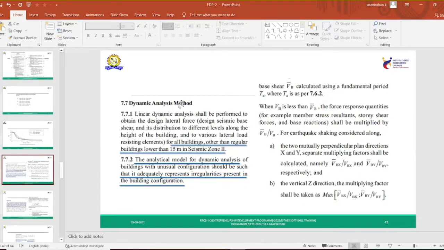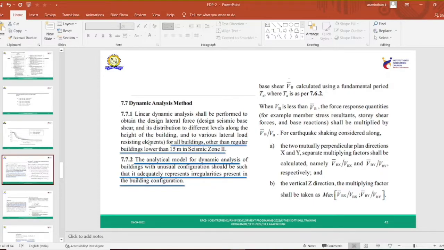When you have to go for a dynamic analysis method, linear dynamic analysis shall be performed to obtain design lateral force systems, design seismic base shear and distribution of different seismic levels along the height of the building to various lateral load resisting elements. So the purpose is to get the base shear and the forces which are distributed